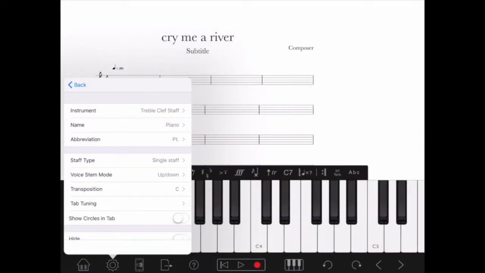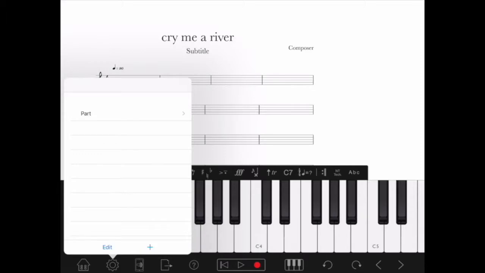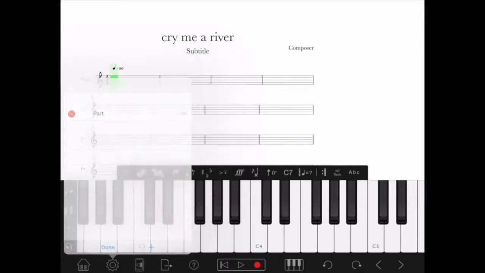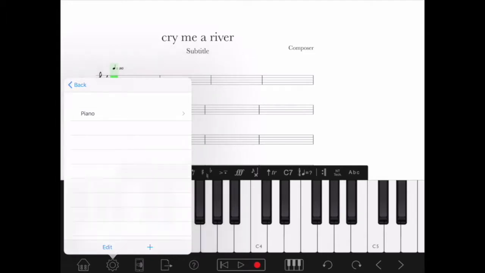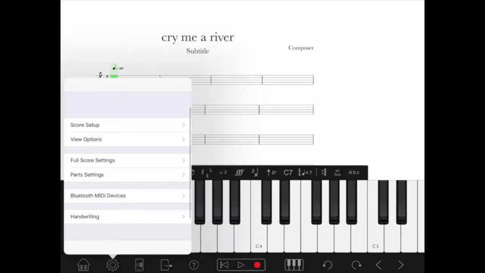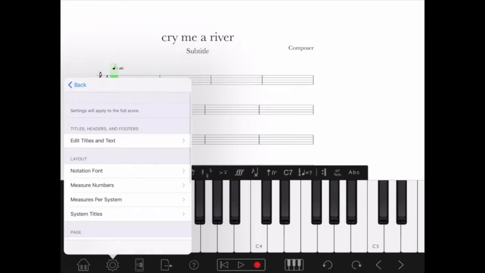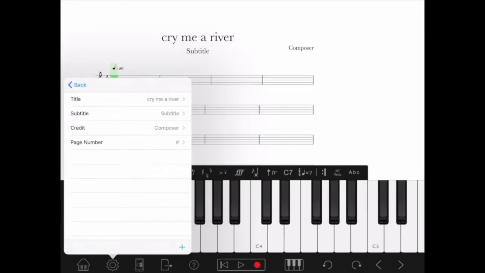Now, I think I'd like to change the font. Maybe we'll go back into a score setup, and the score setup gives us full score settings, and I can change the font in here. So I've done the title, subtitle,